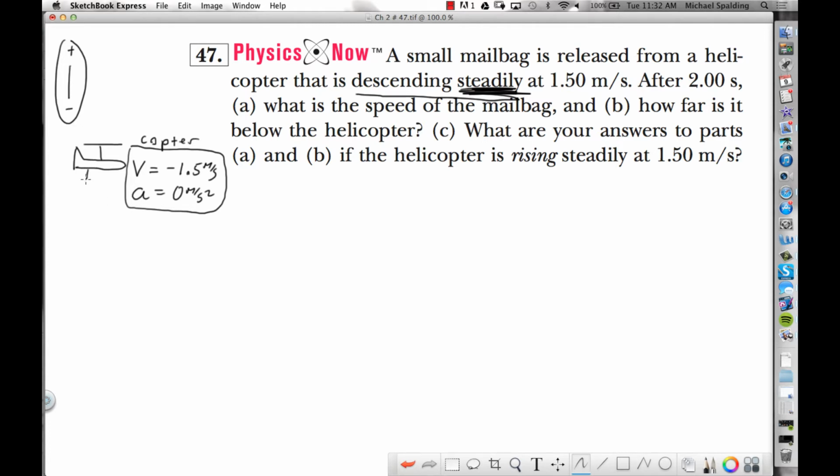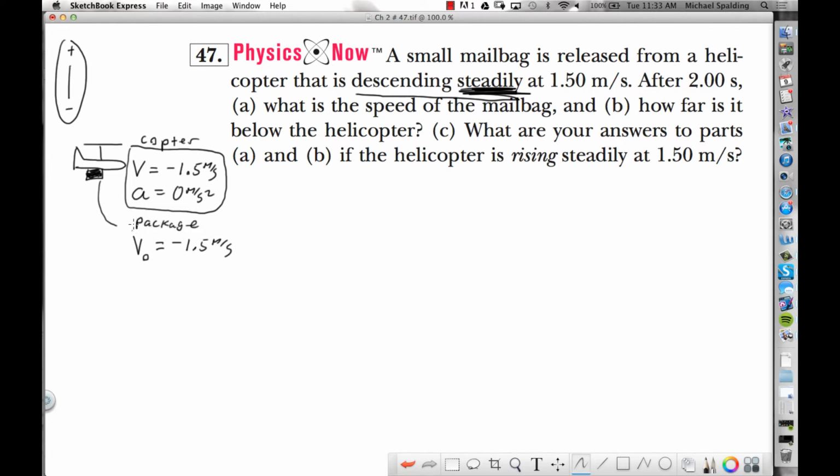Now, there's a package that was attached to the helicopter. So this box under the helicopter represents the package, and it's being released from the helicopter. So let's put down data for the package here. What's the initial velocity of the package? Negative. It's not 0 because it was attached to the helicopter, which was at negative 1.5. So if the package was attached to the helicopter, it had the same velocity as the helicopter. So the starting velocity for the package,